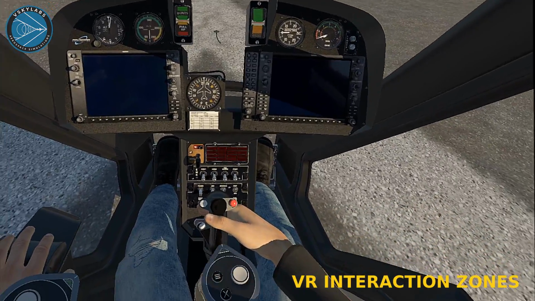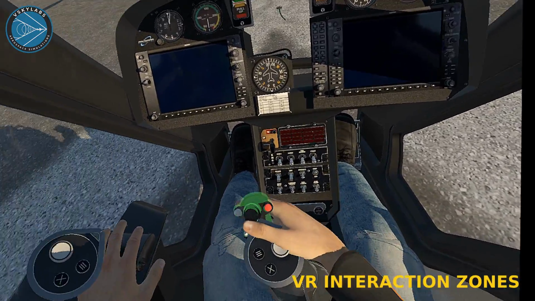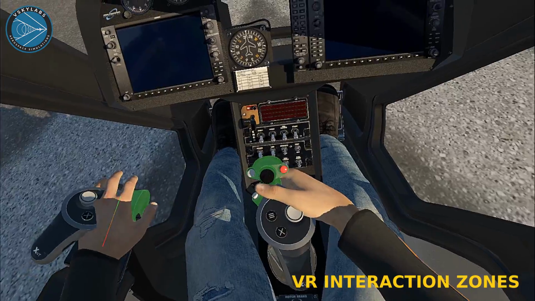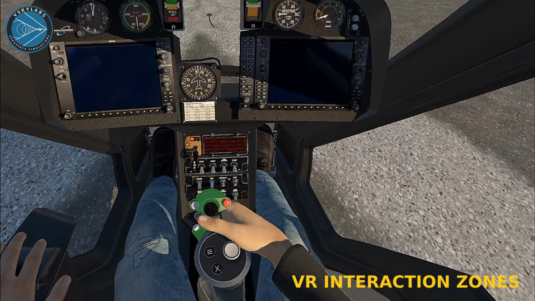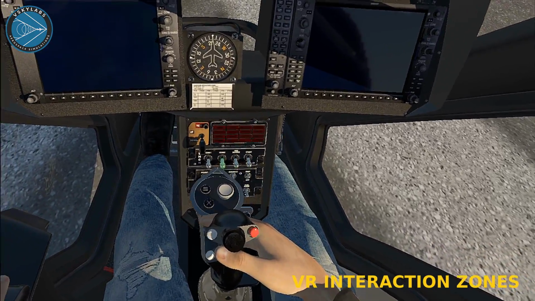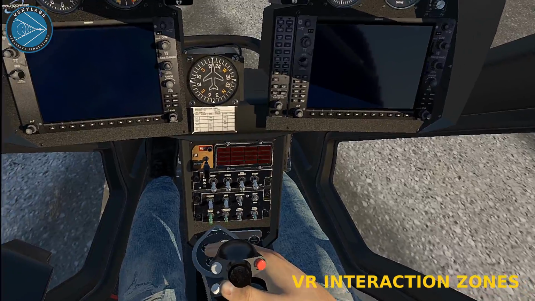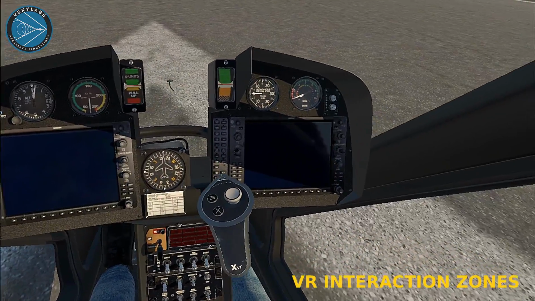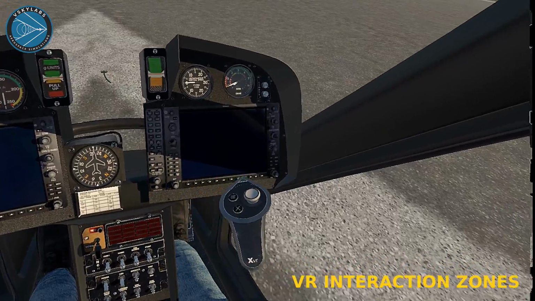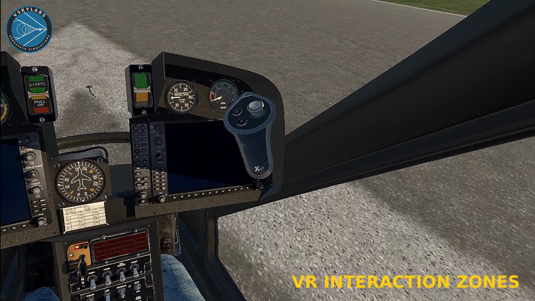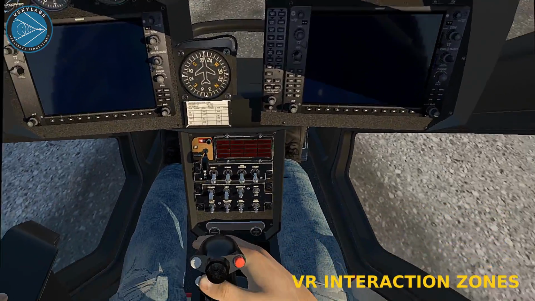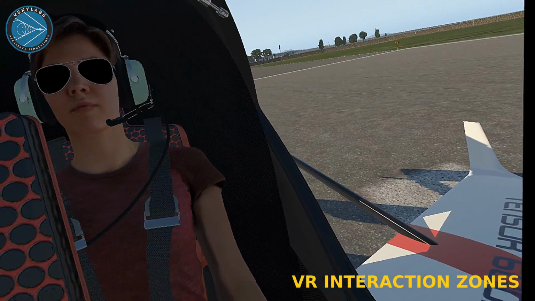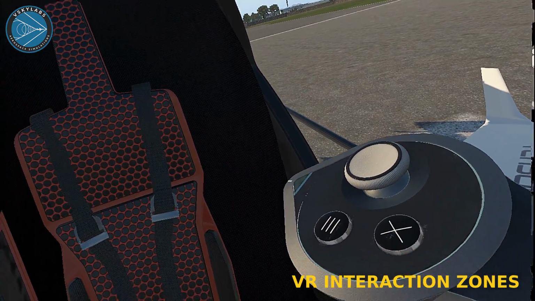VR interaction zones. The VSKYLABS Tensor600X is optimized for VR experience and operation in X-Plane. The green zones, shown here, are representing the interaction areas for mouse and/or the VR touch controllers. The VSKYLABS Tensor600X is also featuring interaction zones for adding or removing a passenger and for showing or hiding the